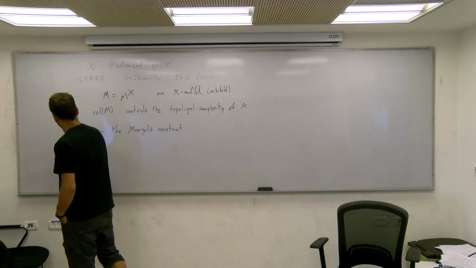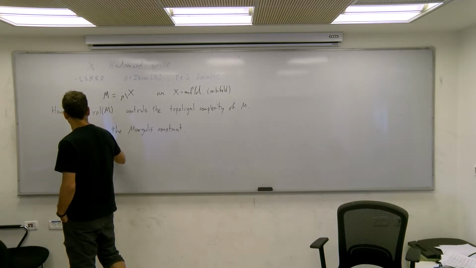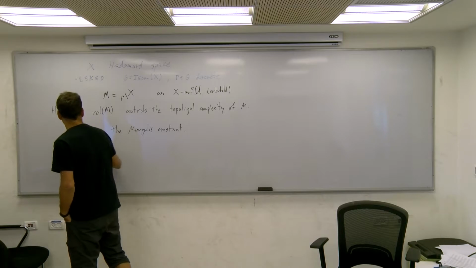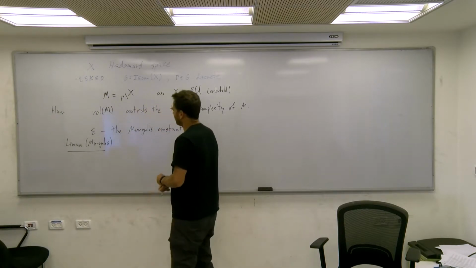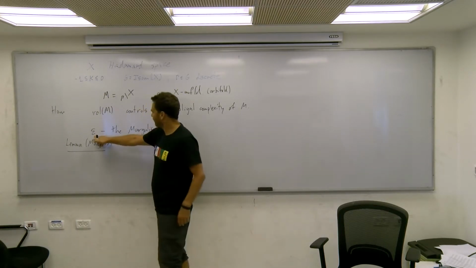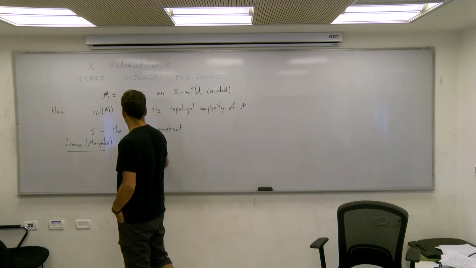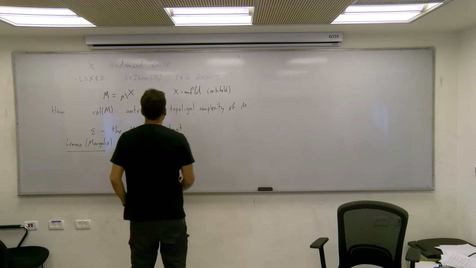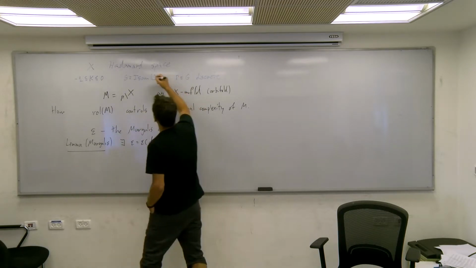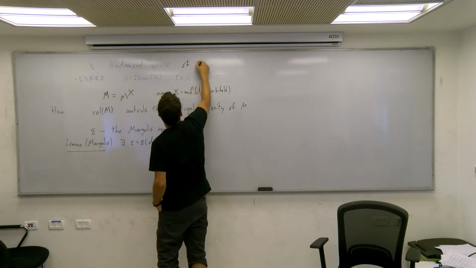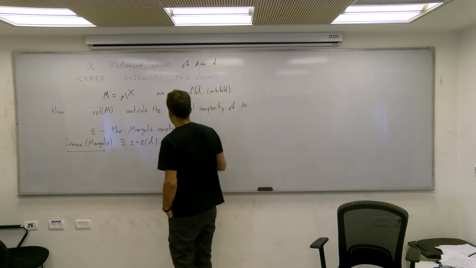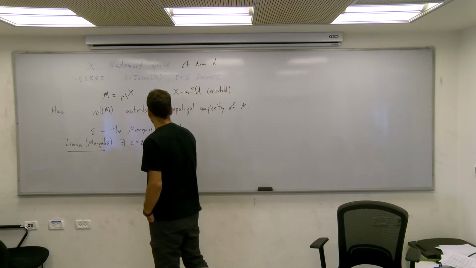There is a classical lemma of Margulis, called the Margulis lemma, that there is such an epsilon, depending on the dimension, which is strictly positive,